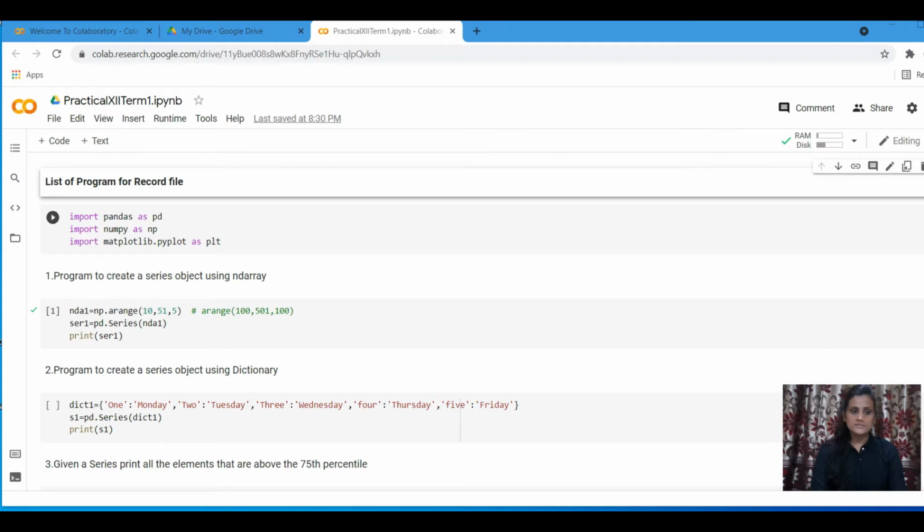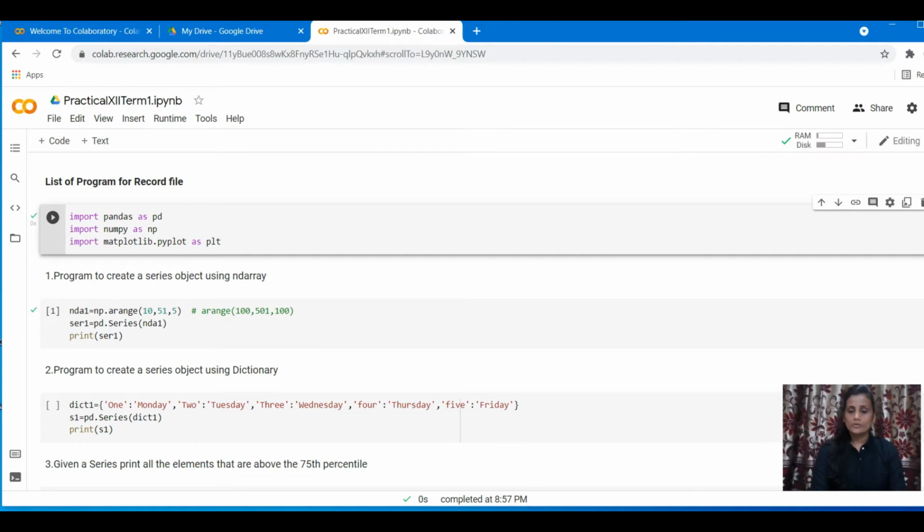So first, in the first tab I'm writing import pandas as pd, then import numpy as np, and import matplotlib.pyplot as plt. All the three. NumPy will be used to generate an array. Pandas will be required to use that array in the form of series or data frames, and matplotlib will be required for plotting the graphs. So all the three, and execute it. You're not going to see any output from this, but this is what you have to execute to attach these libraries to your collaboratory notebook.